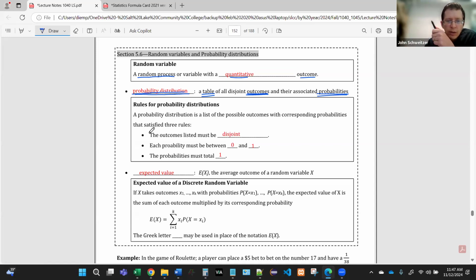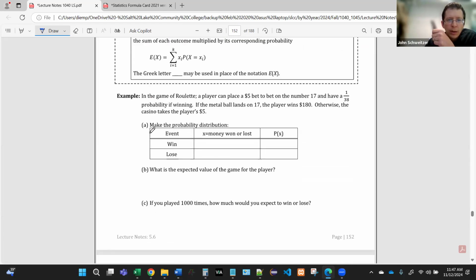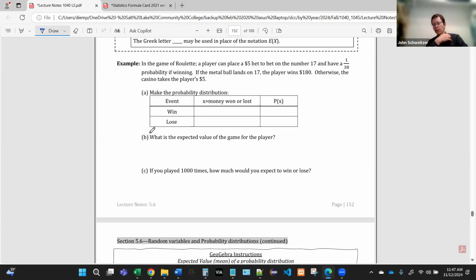Let's jump into a problem and actually practice with this. Okay, so back to gambling. I think I've mentioned a few times the historical connection probability has with gambling. So we'll do a couple more gambling examples, and then we'll go into other things that are related to the expected value. So in roulette, if you've ever played roulette, this is a game of chance where you have